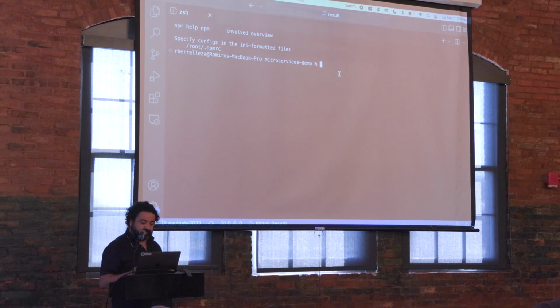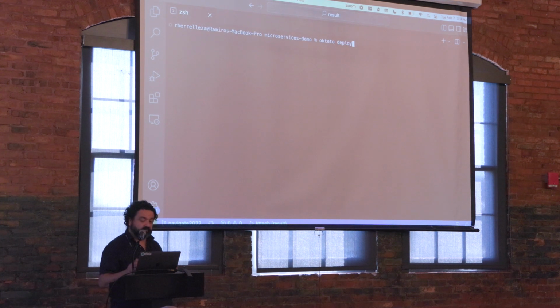I'm going to go here. This is VS Code. I have everything here. So the command is okteto deploy. The idea behind Okteto is you have a shared cluster, and you're going to give every developer a namespace. That way, any developer can have as many dev environments as they want, different branches, the same branch, different states, and because they run on Kubernetes, they're going to be able to share them, scale them, destroy them when they're done, all that stuff,